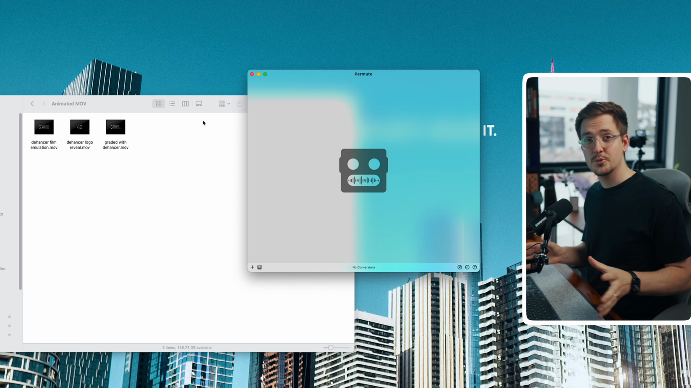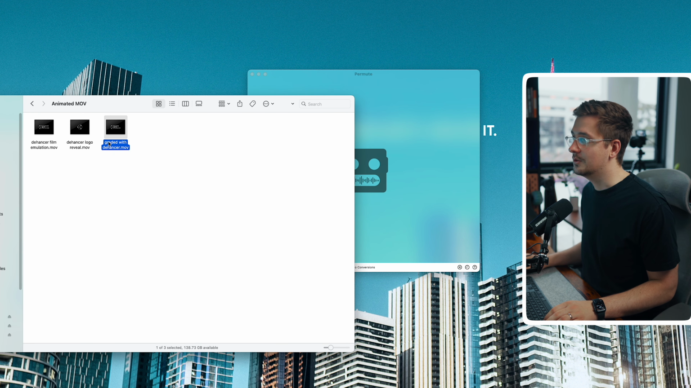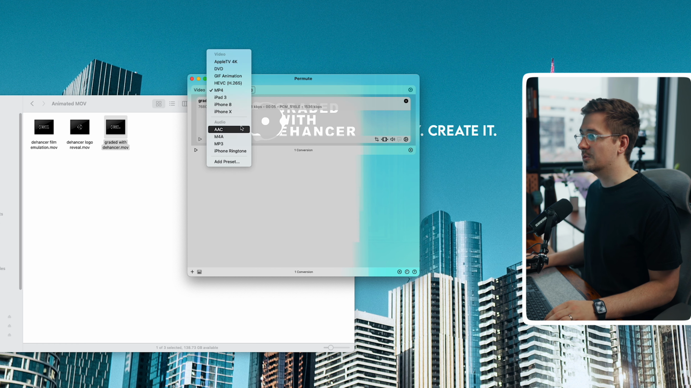All right, so the next app on the list is Permute. And what Permute does is it's basically just a conversion app. Now I used to use Handbrake quite a lot to convert videos, but Permute is really good because it converts all sorts of different file types, not just videos. And it's a lot more straightforward than Handbrake because all you have to do is just open Permute, grab the clip that you want to convert, drag and drop it. And then all you have to do is just select the file format that you want to convert it to